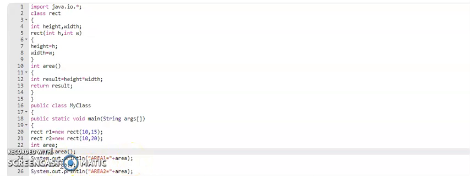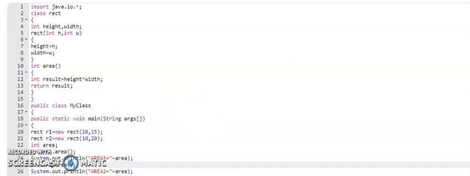And then again by using the object R2, that means the values 10 and 20, the method is called again after the 25th statement. The control goes back to the 10th statement, that is the method is called again, and the height into width is calculated again by using the values 10 and 20. That means the R2, the second object, has these parameters 10 and 20, and then the result 200 is stored in this result variable. And then after this return statement, it goes back to the main function, system.out.println area given. So here the output is